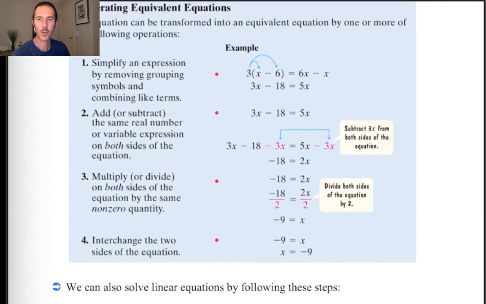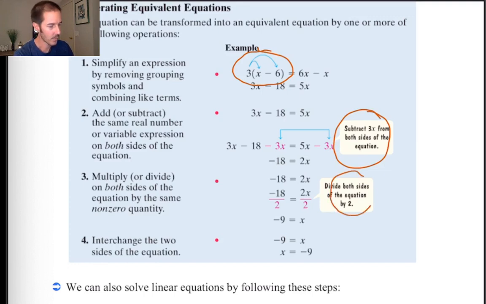And some of the things that we're going to do to equations of this type is things like distributing, which you're seeing here, where the 3 is being distributed over to the x and the negative 6. We might have to perform an operation to both sides of the equation, like subtracting 3x, or dividing both sides of the equation by 2, or